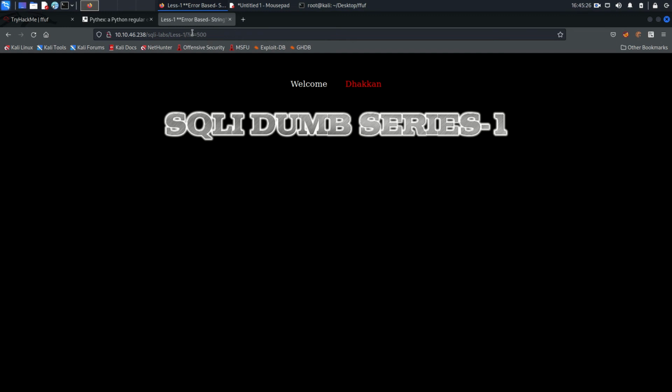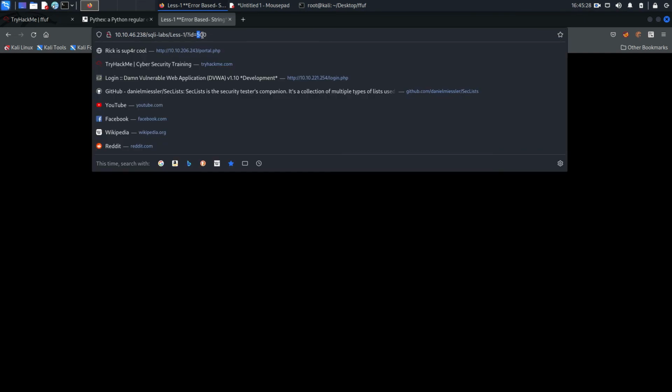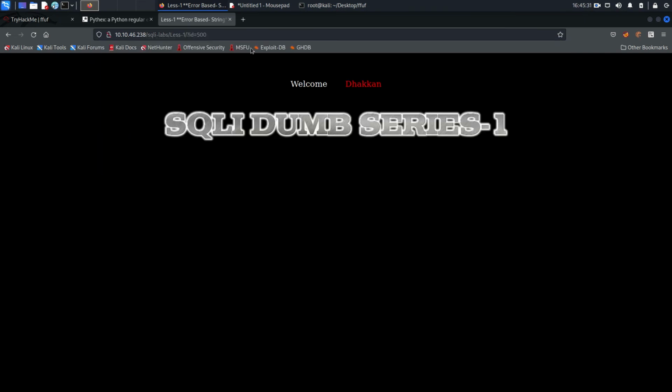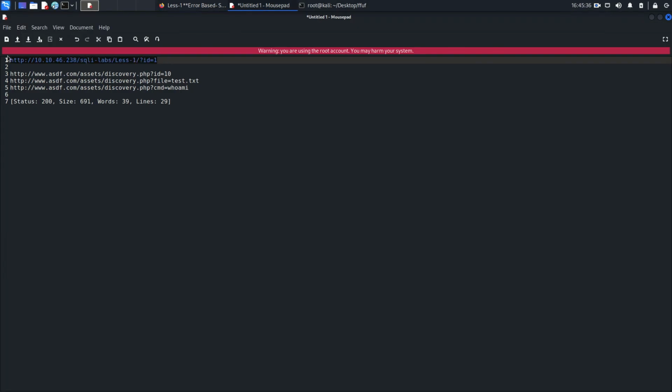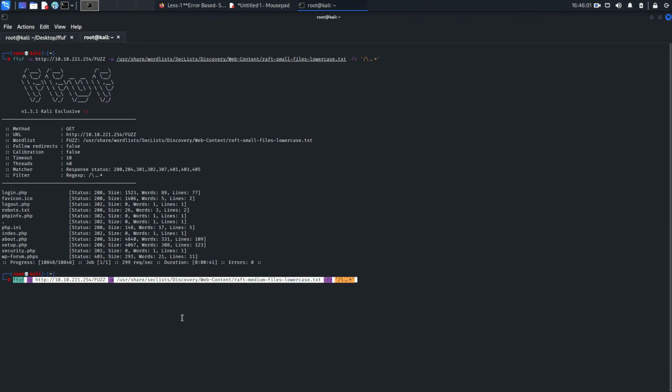Now what we need to do, we found the parameter. Now we have to brute force the parameter value. And how we will do that is similarly, same as this: copy, come here, paste, and instead of 1, we will write FUZZ. Fine, this is going to be the value. Now the value of this ID is going to be an integer. So we need a word list which contains numbers, right? And that you can do